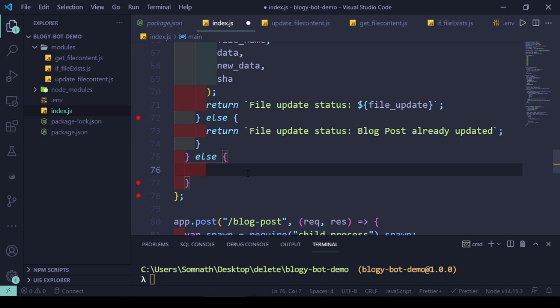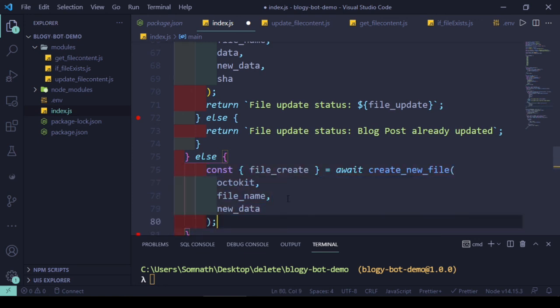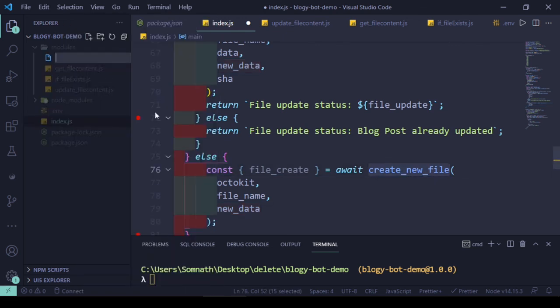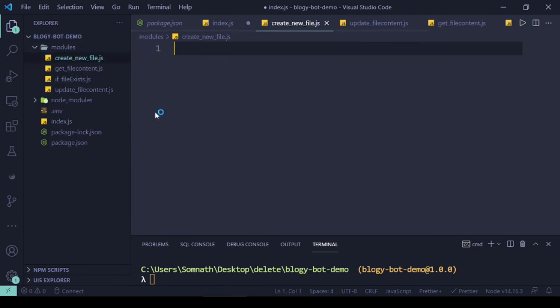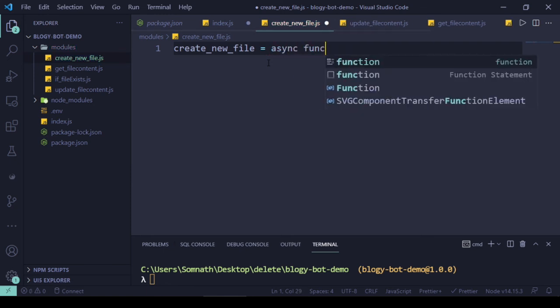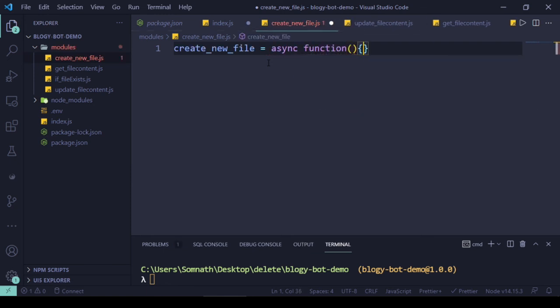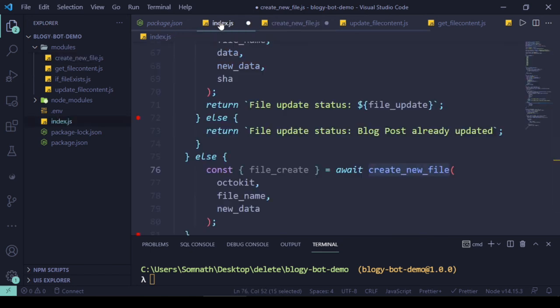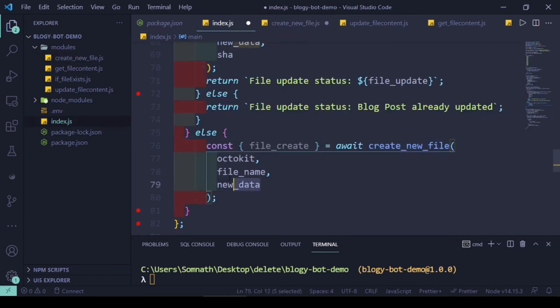Okay, for that we'll just use this piece of code. Create new file module, we'll be using the same octokit, file name and new data. We don't need a SHA this time. So let's create this module quickly. And let's grab all the parameters from here maybe.